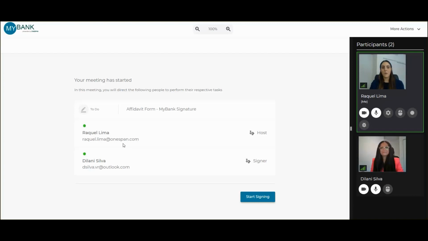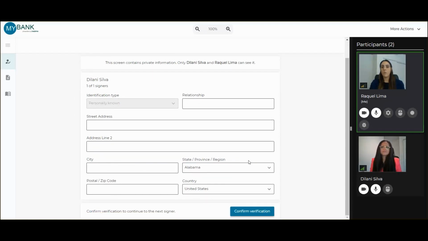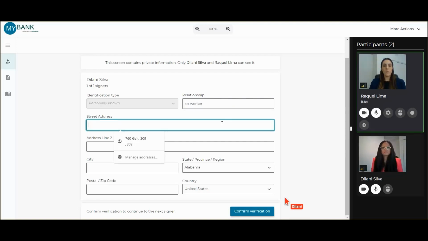The welcome screen appears, showing the tasks that need to be completed. To begin, the notary captures information to identify the signer in the e-journal. If the signer is known to the notary, they include information in the e-journal explaining their relationship with the signer. If the signer is unknown to the notary, they include details regarding the government-issued identification document used to identify the signer